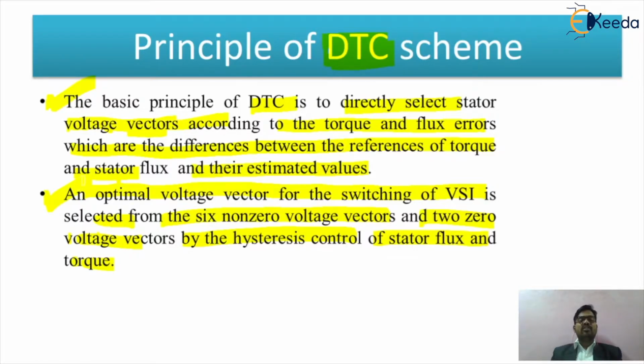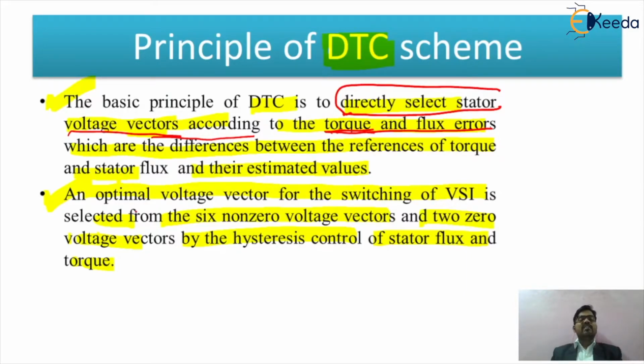So this is direct torque control, friends. You have to understand only two basic parameters in concern with that. The first parameter is that we can directly select the value of the stator voltage vectors. So we are directly selecting the value of your stator voltage vector according to the torque and flux error. Means friends, we are getting the value of your torque and flux error by means of directly selecting the stator voltage vector. That will be the very basic fundamental thing.